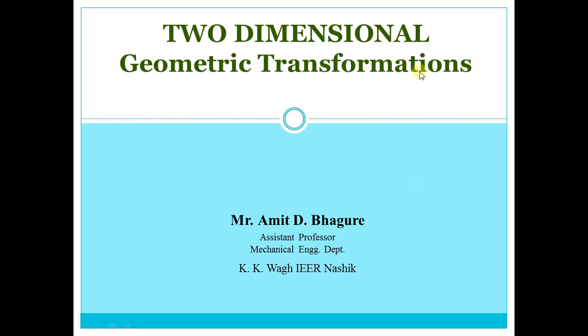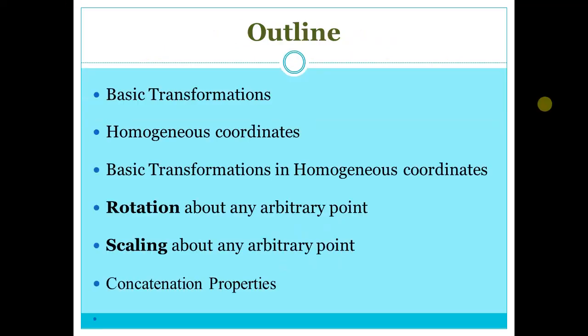In general, geometric transformations can be defined as the change done to the database by performing certain mathematical operations on it, so as to produce the desired change in the image. In today's presentation, we are going to learn first of all basic transformations, which include translation, rotation, and scaling. Then we are going to discuss homogeneous coordinates, which convert 2 by 2 matrices into 3 by 3 matrices.